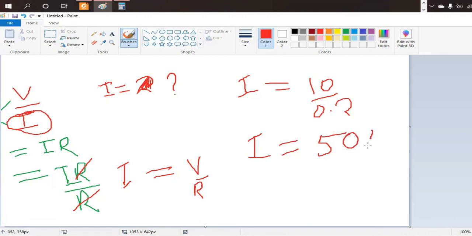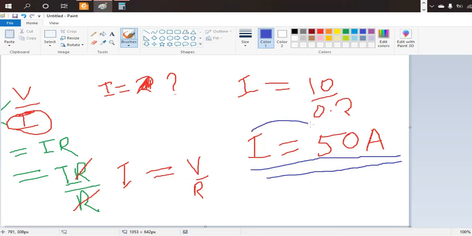It's going to be 50 amps. So you just use capital A, and this is our answer, 50 amps. So this is our current. This is how you can use the formula, or rather the Ohm's law concept. So now from there we move on to the concept of